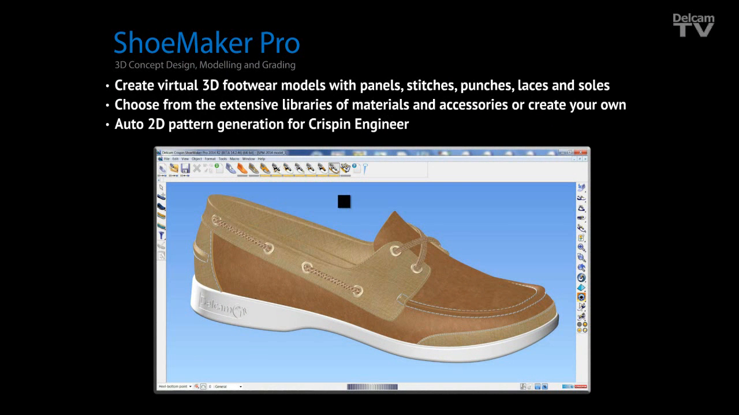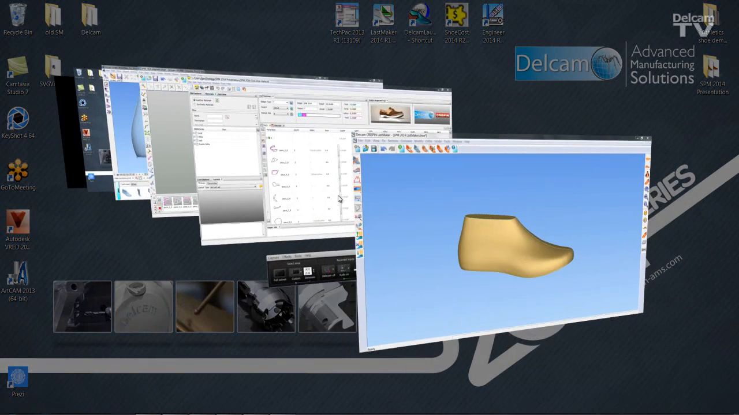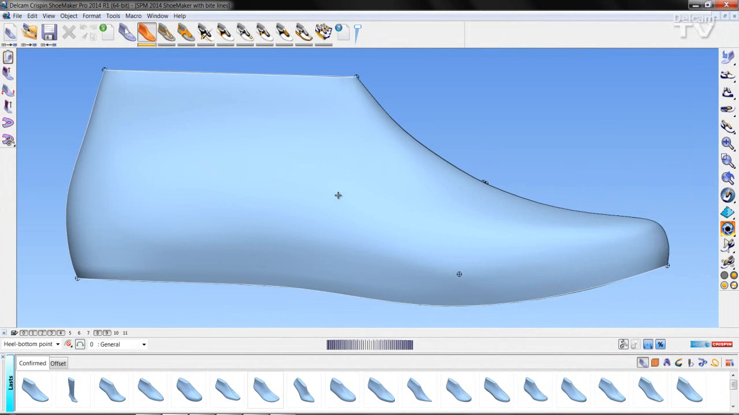So once a model has been created using Shoemaker Pro, we are then also able to create 2D patterns from this. So this is using CRISPIN's Engineer. So I'm just going to open up Shoemaker Pro, and I'm going to show you how quick it is to create a virtual model. So as you can see, I've got that same last open in the modeling window,